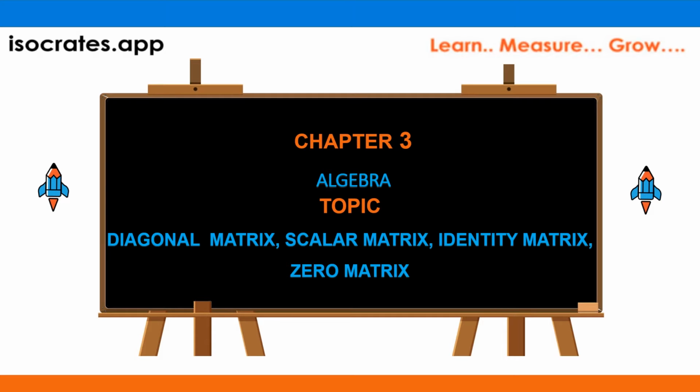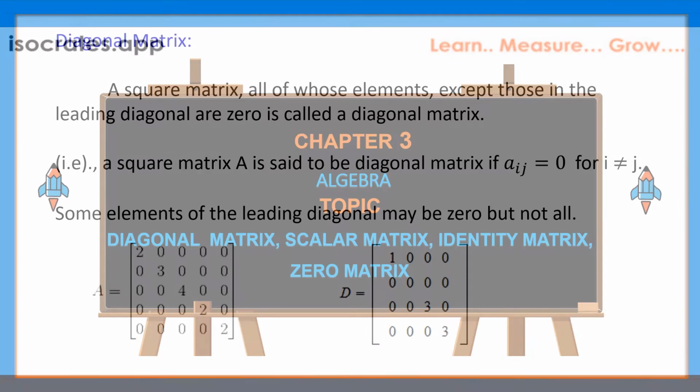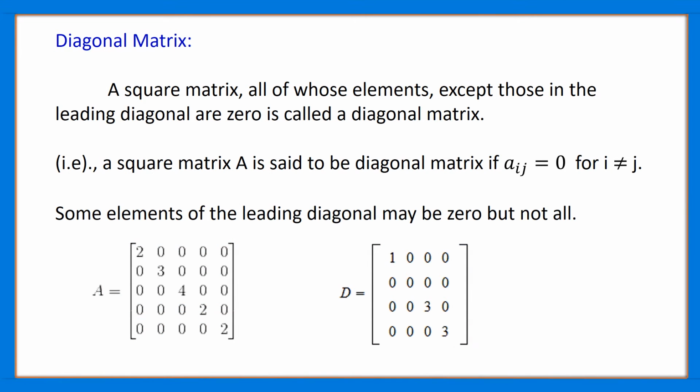In this video, we will show a quick and simple way to solve the question. We all know what a leading diagonal element is. What happens if a matrix contains only a leading diagonal element and the rest of the elements are 0?